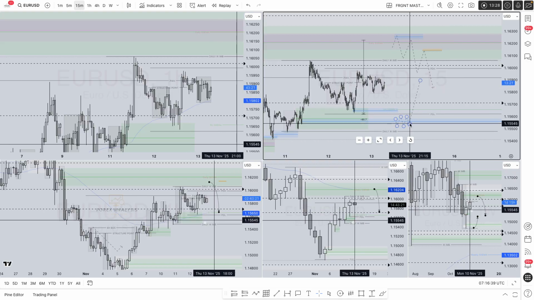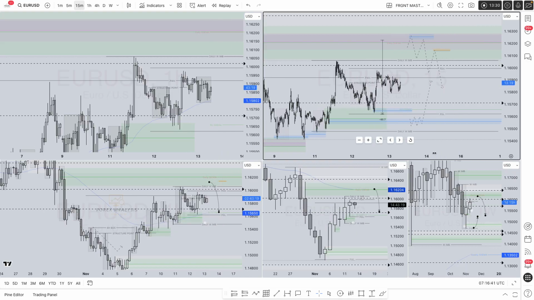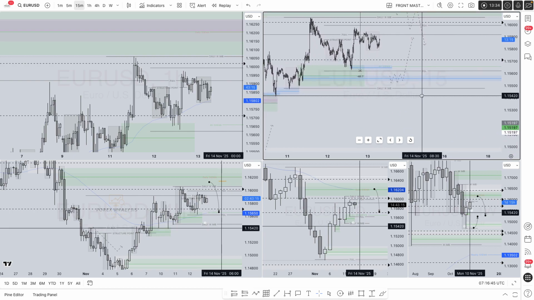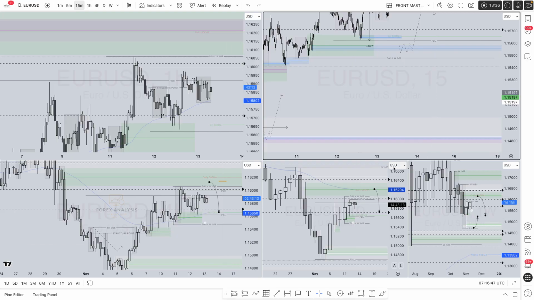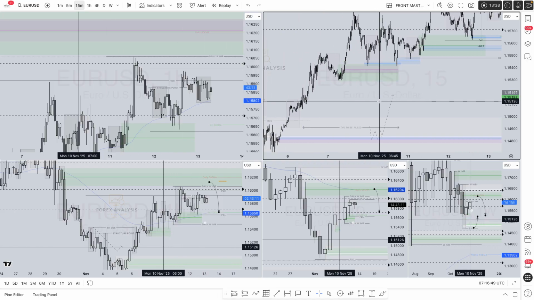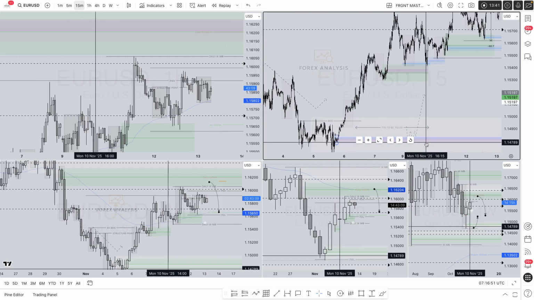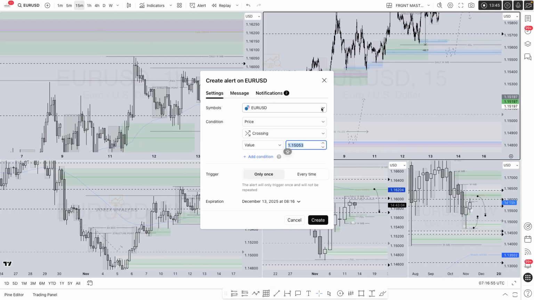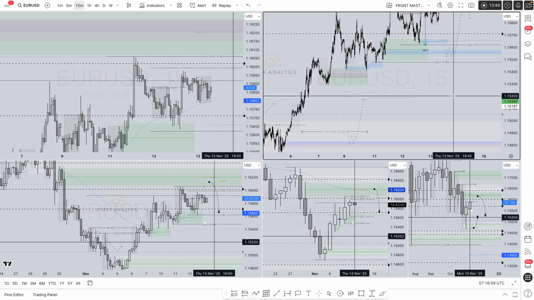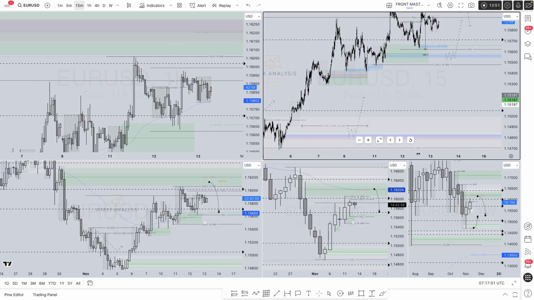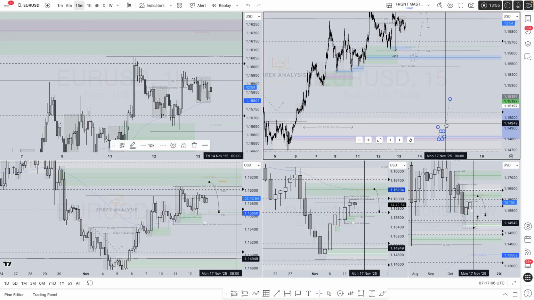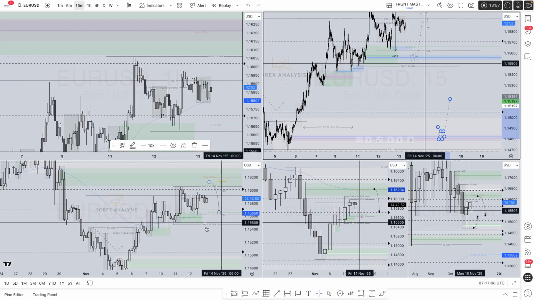Long position that I'm looking to take on EU, providing it aligns and price comes down to my lower time frame order block. And then if the news, which I am expecting to turn the markets upside down in New York, then we are more than ready for these areas as well. Crossing down, please, to be tapped into. Refined 15-minute order block, daily order block, 1-hour order block as well.